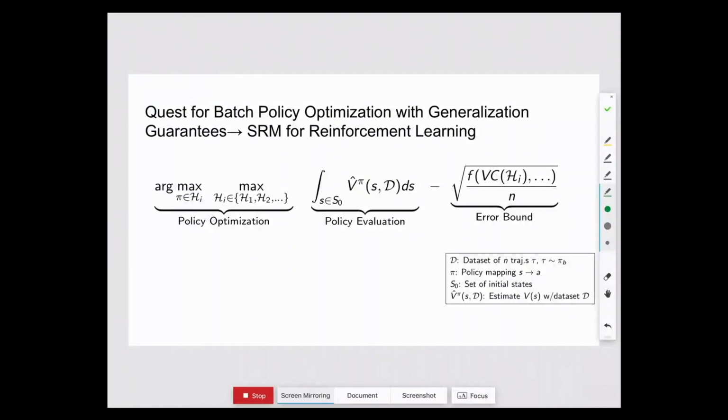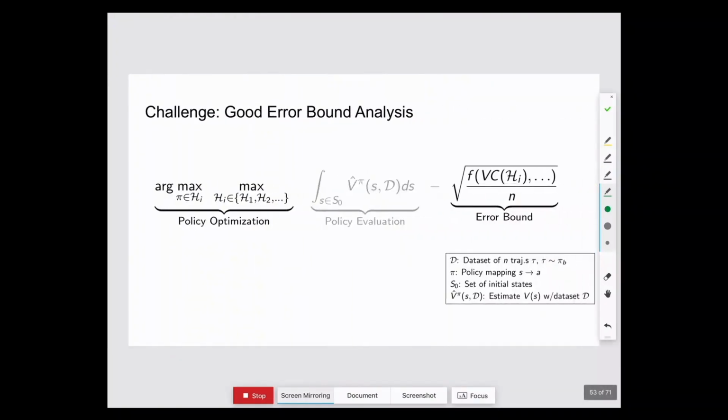So this means that we need not just policy optimization and policy evaluation, but we need some error bound. Let me highlight some of the steps towards that. I think the error bound part is the really hard part. With importance sampling, you can get bounds, using things like Hoeffding's inequality and other approaches. They tend to be enormous, like what was asked before. Do you need a bound on that product of importance sampling weights? That typically appears in your Hoeffding bound, and so it's enormous. So often you end up with bounds that are just vacuous. That can be challenging unless you have an enormous amount of data.